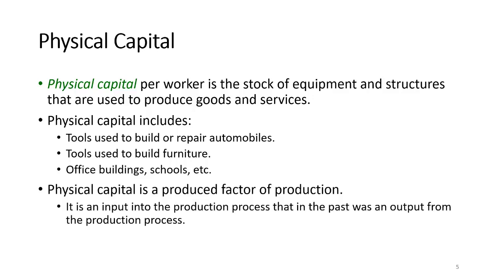Here's an interesting fact about physical capital. It's a produced factor of production. And what does this mean? What is a produced factor of production? It means that it's produced by human beings using output from the past. So any machine in this world is produced by human beings using the resources that are available. And that also gives us an edge because we can produce better machines, and that's why our workers are more productive.